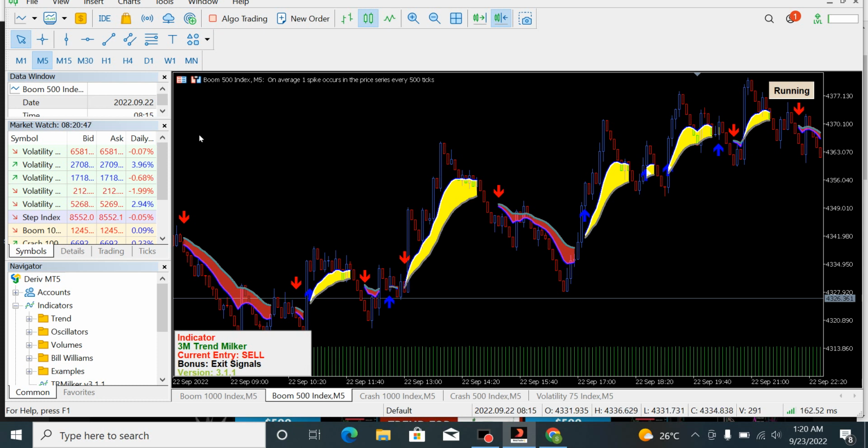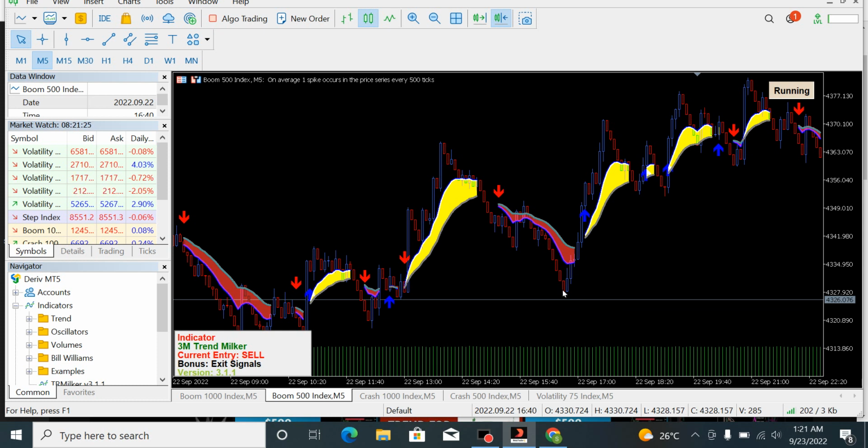For boom, spikes usually happen around the support zones. If you check out the support zones, you will notice that we've got a lot of spikes happening. Here is a support zone and spikes happen around here, and when price got to that same support zone, it also happened around there. Sometimes it will break out from there. Because it breaks out does not mean that it does not obey the price action, but there will always be breakouts, more especially when the trend is in the opposite direction of where the spike is supposed to happen.